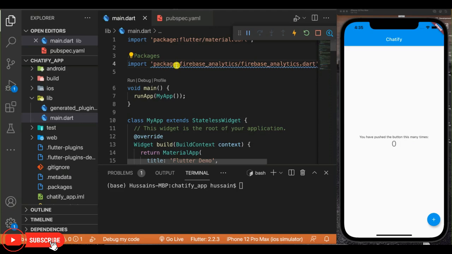So with that, I'm going to end this video here, and I'm going to see you guys in the next video where we're going to take a look at the Android side of things and see how to integrate Firebase with Android